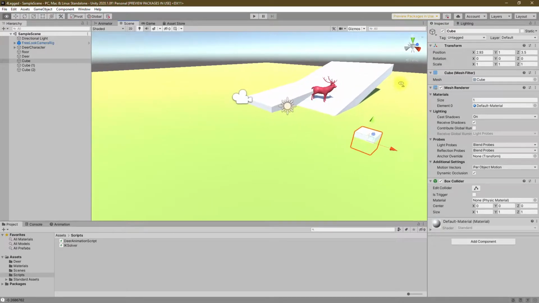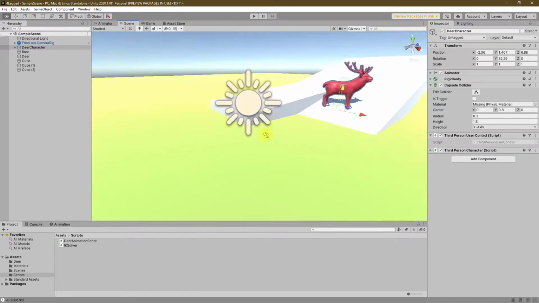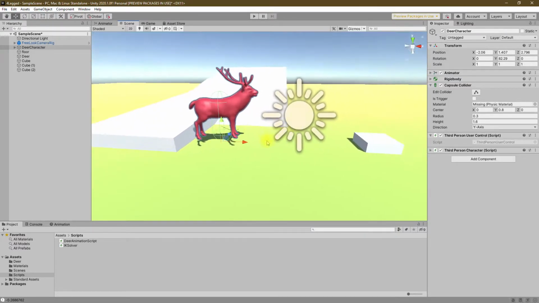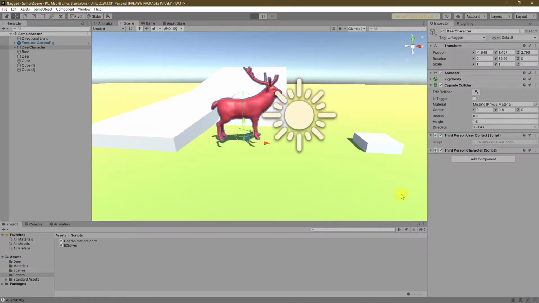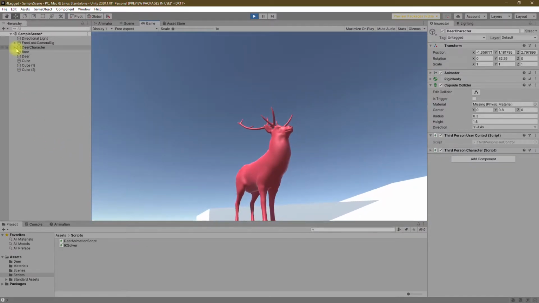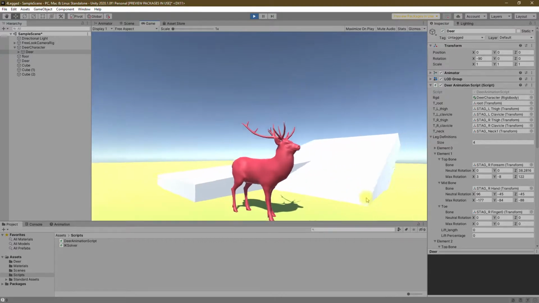Alright, so now this deer character, we have implemented a way to lift each leg to align it with the ground. Actually, it doesn't align with the ground. We only have a way to lift each leg. For example,